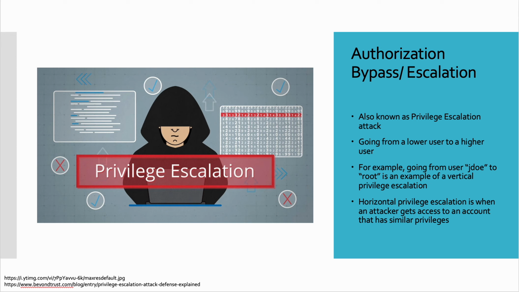And you might think, well, why would a hacker do that? Because maybe they can't get to root from JDoe, so they try to go horizontally to another account that might be able to get up to the root account. So that's another attack that you might see. One thing I'll also mention is social engineering, which is pretty much going out and trying to get information from users, tricking them. That's going to be your phishing emails, spear phishing, which is against a targeted group of individuals or usually a company. And then there's whaling, which is going after the top